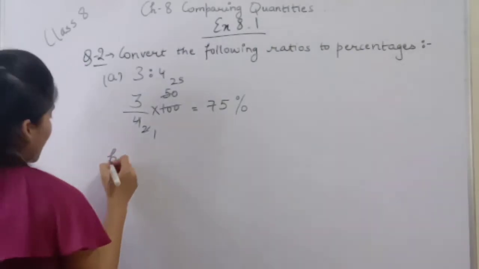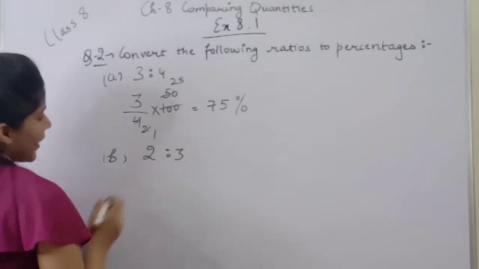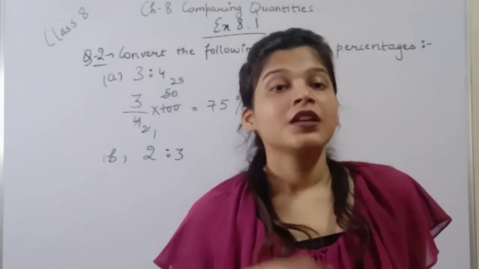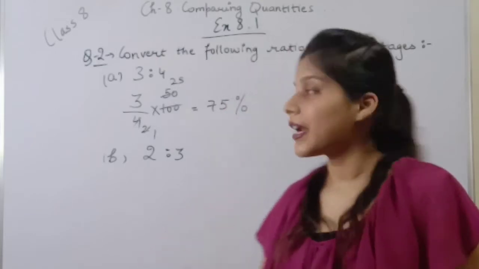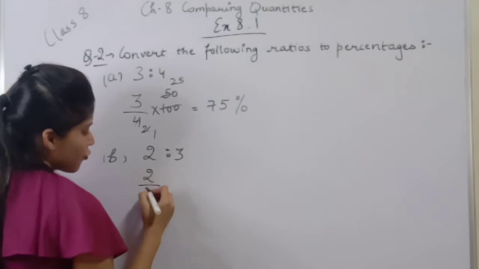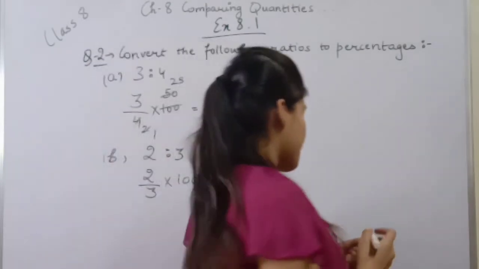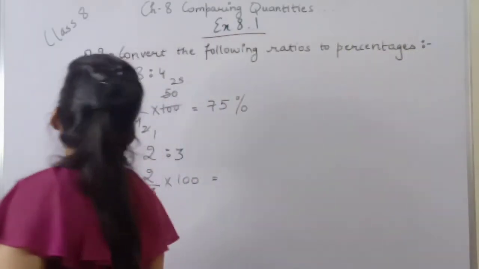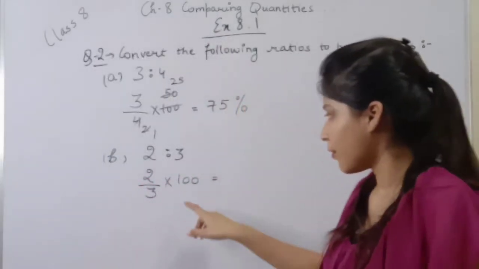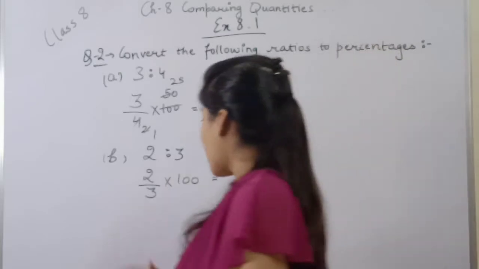Okay, so now our second part is 2:3. Now again we will write this ratio in fraction form and multiply it by 100, and then the answer that will come will be in percentage. So 2:3 can be written as 2/3 into 100 हम करेंगे in order to make it a percentage. So 2/3 into 100. Now I don't think 100 is a multiple of 3 or 2 is a multiple of 3. No ways. अब ये कट नहीं हो रहा, बट हमें इसको कट करना है, so हम decimals में आंसर